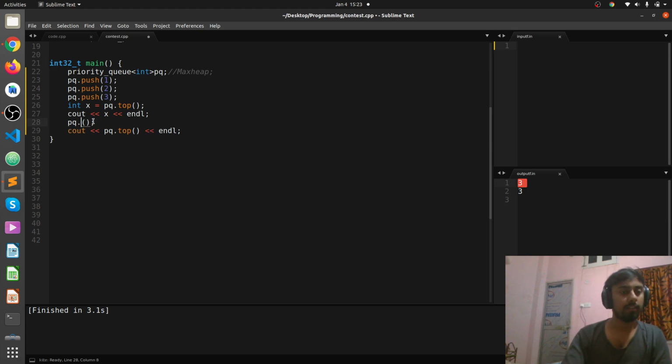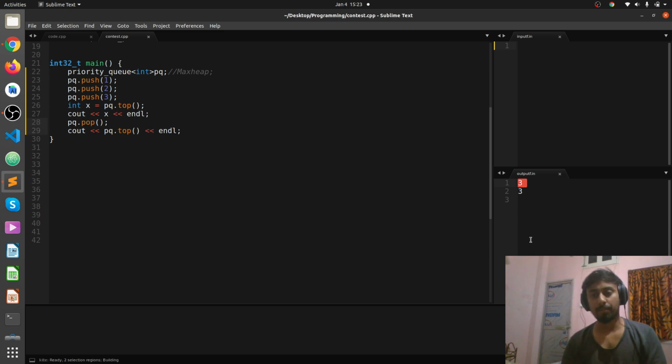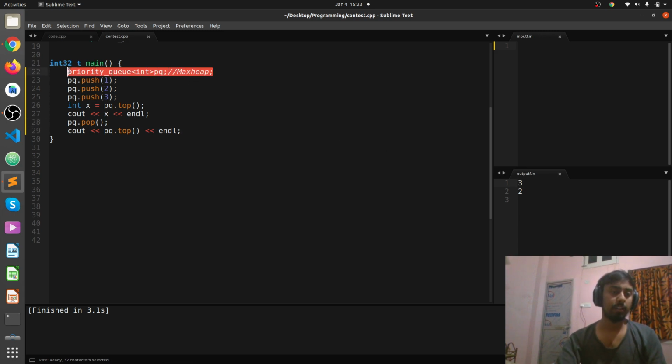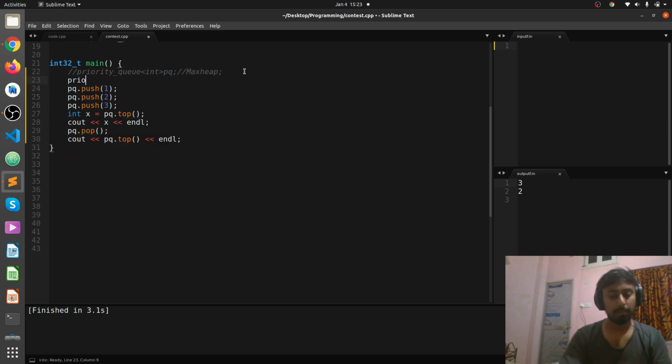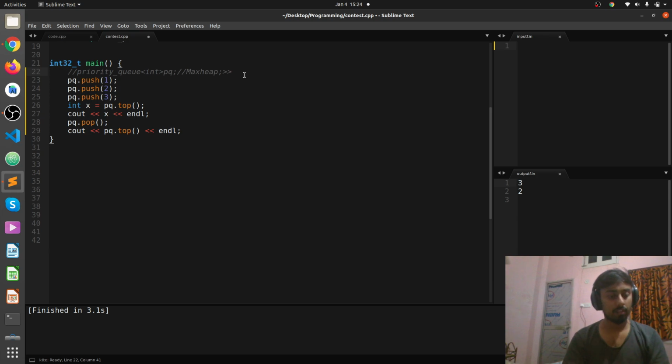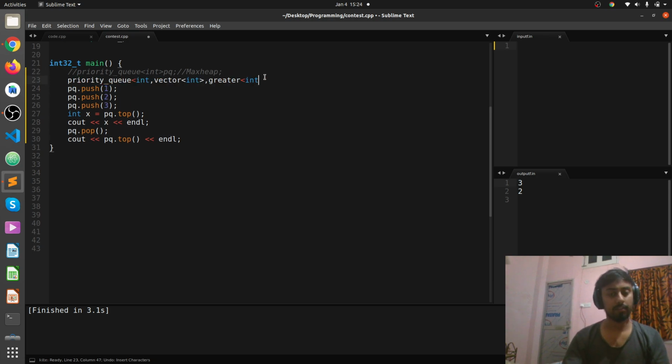We have to pop. We can see here the output is 2. And if we want to declare a min heap, then what we can do is priority queue of vector of int, vector of int, comma greater of int.